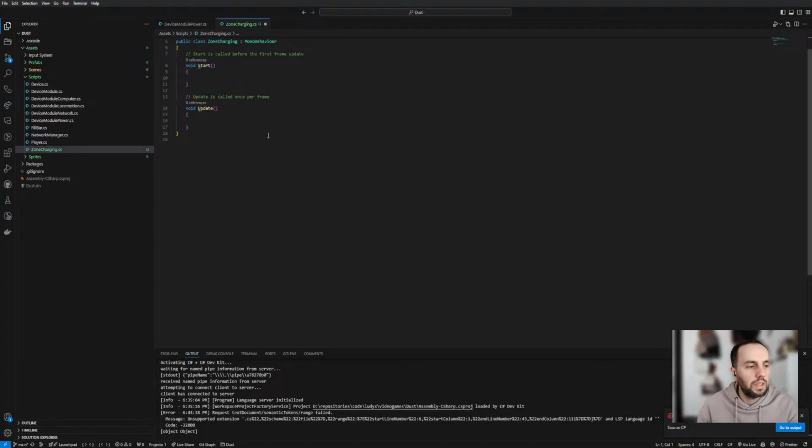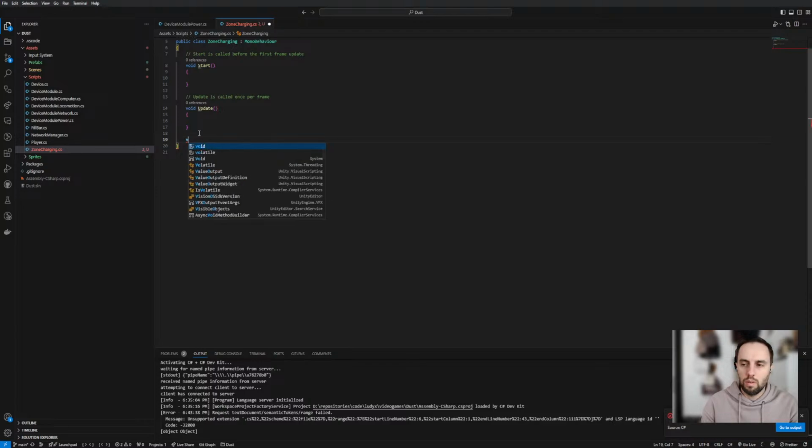So this thing, we can do it from two ways. We can say that if the player hits the charger, or sorry, the device hits the charger, and then the device says, oh, I'll start charging. Or we can do it the other way, that the charger detects the device and then starts charging the device, which I think makes more sense actually. So that's why on